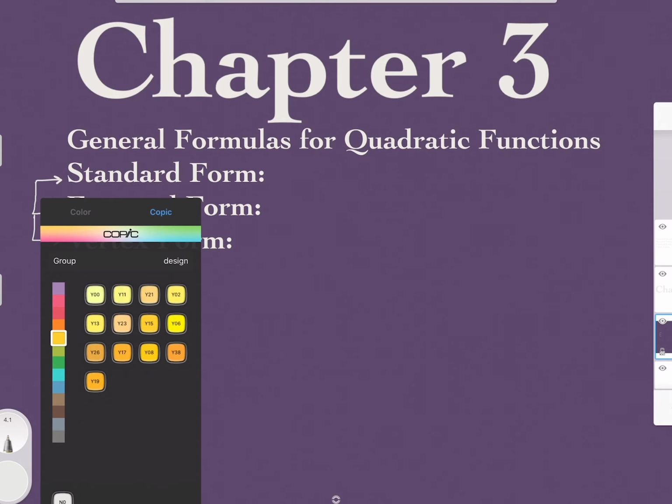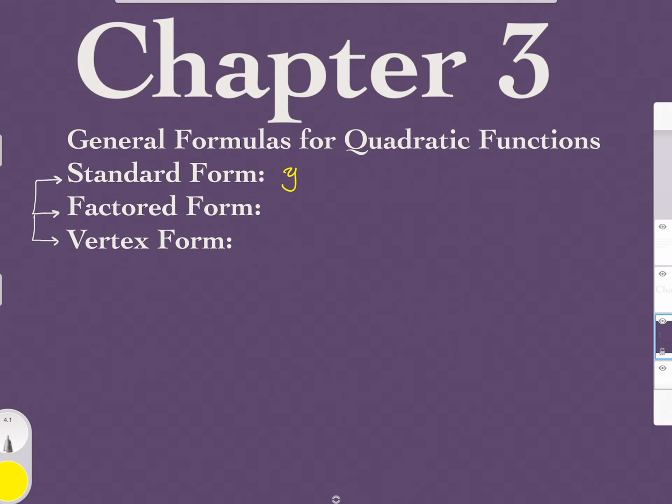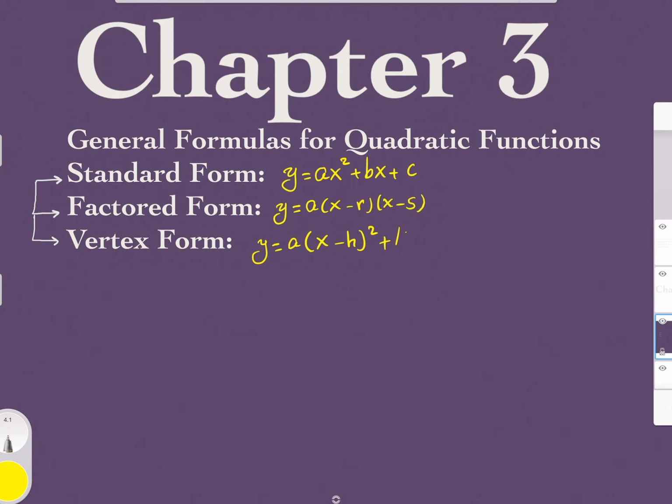So what we know: standard form is y equal to ax squared plus bx plus c. Factor form is y equal to a(x minus r)(x minus s), and vertex form is y equal to a(x minus h) squared plus k. So we know this. Now my example is